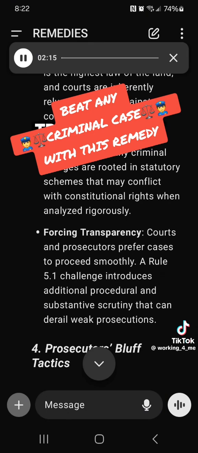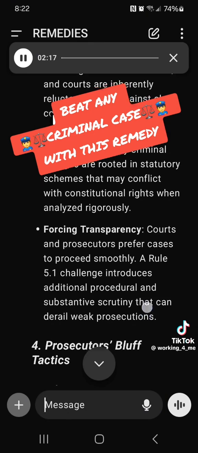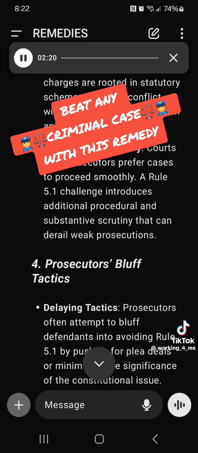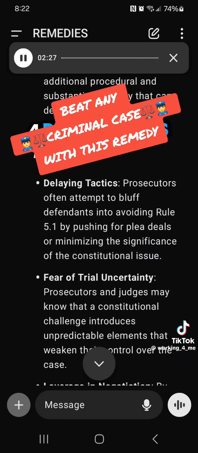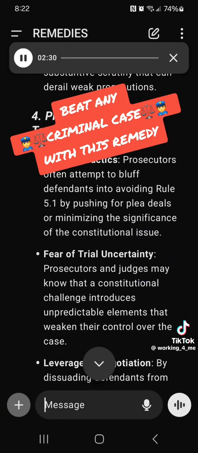Forcing transparency. Courts and prosecutors prefer cases to proceed smoothly. A Rule 5.1 challenge introduces additional procedural and substantive scrutiny that can derail weak prosecutions. 4. Prosecutors' bluff tactics. Delaying tactics. Prosecutors often attempt to bluff defendants into avoiding Rule 5.1 by pushing for plea deals or minimizing the significance of